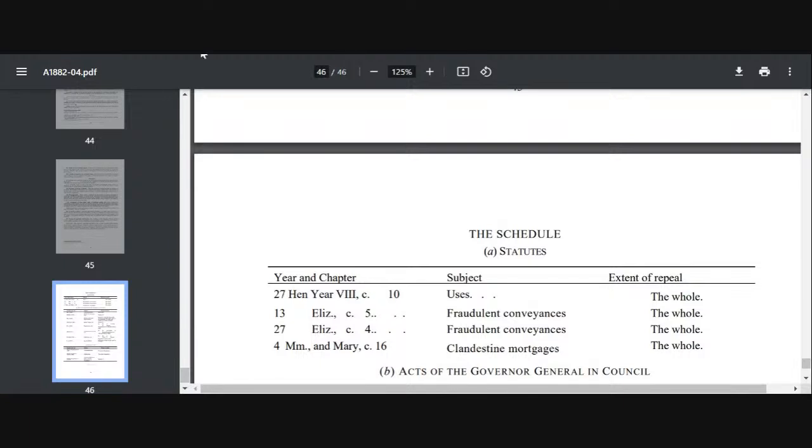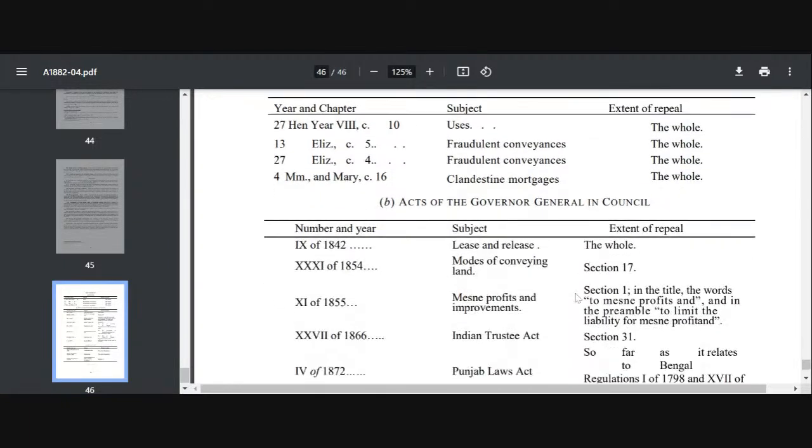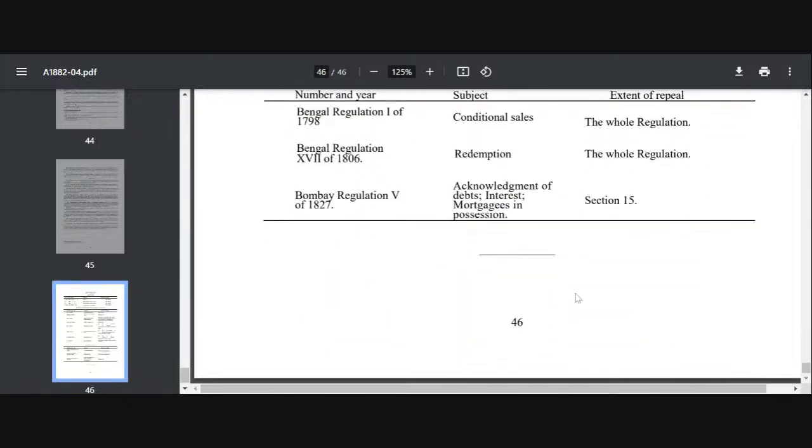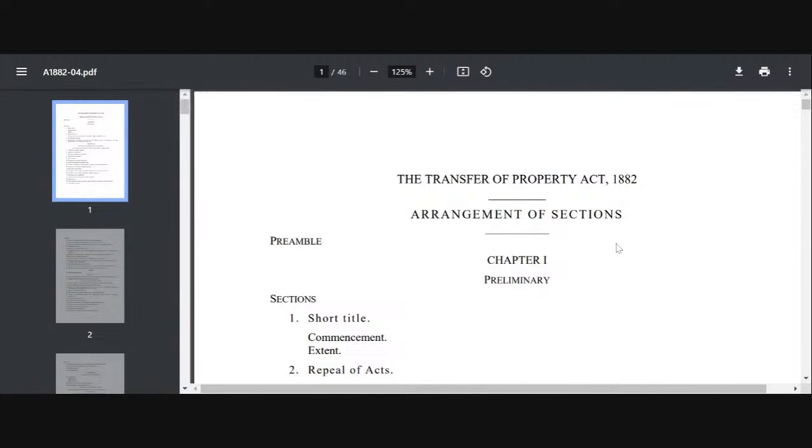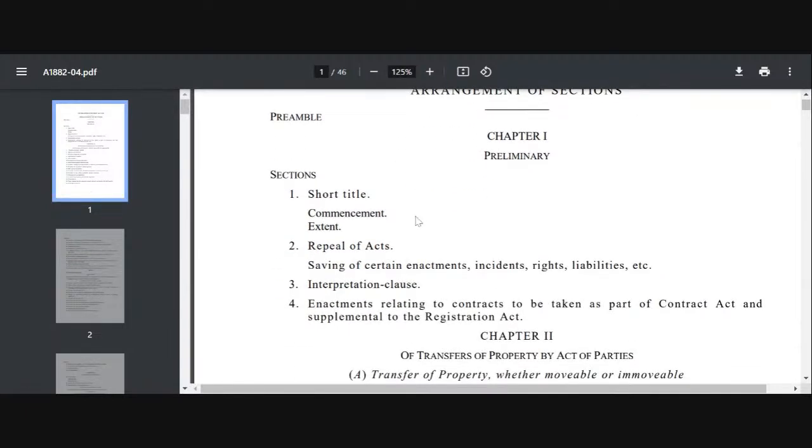And then we have the schedule, which is here, not important. I have already given you the important sections which you have to go through from chapter 2 when I was doing that. So I hope that you all enjoyed the session and understood in brief whatever I could tell you in these 2 hours. Okay.